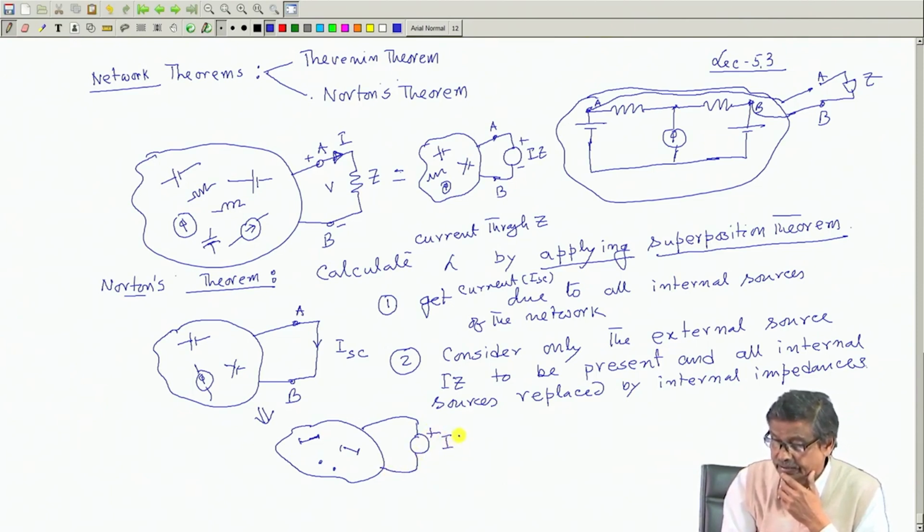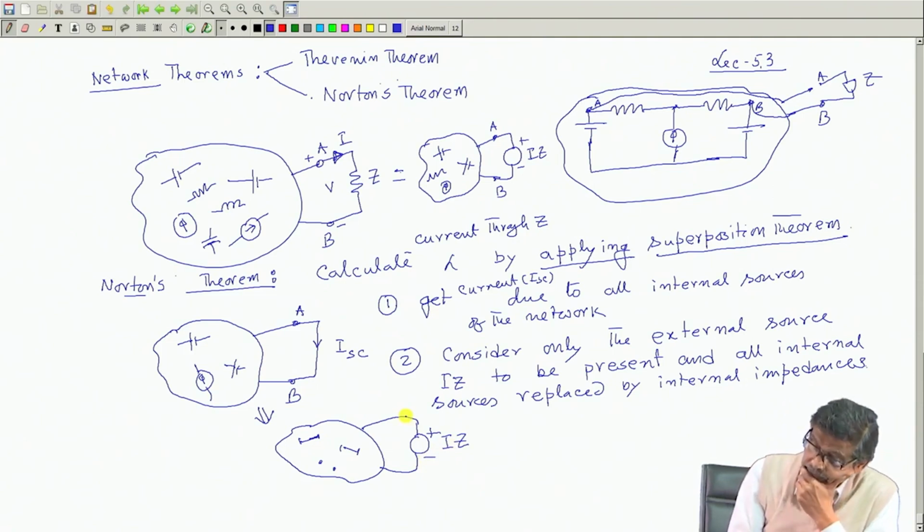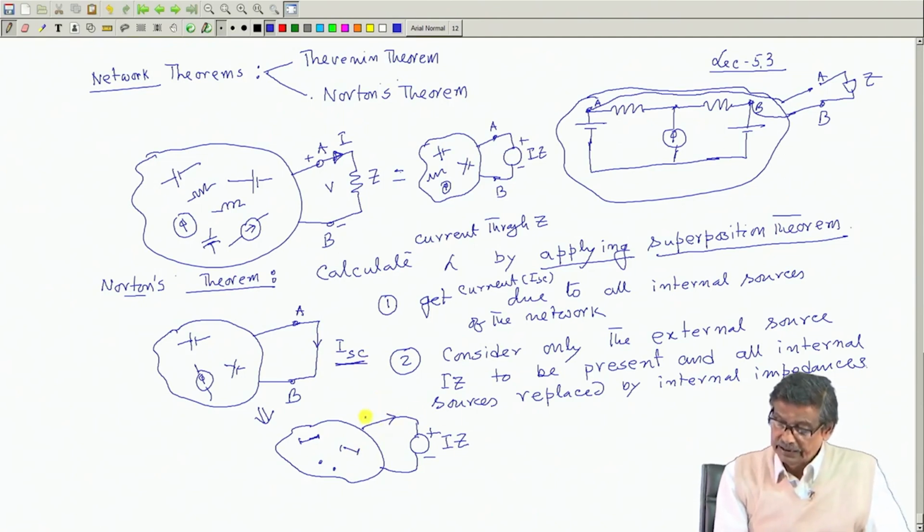I into Z. Now, in this network, what will be the current? This current I want to calculate, is it not? To apply superposition, ISC I have calculated. So, I will calculate the current because of this in this direction,